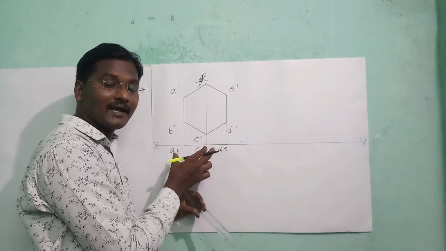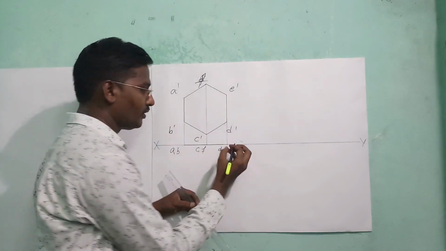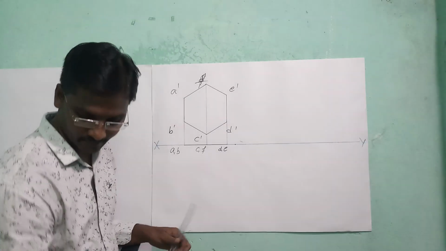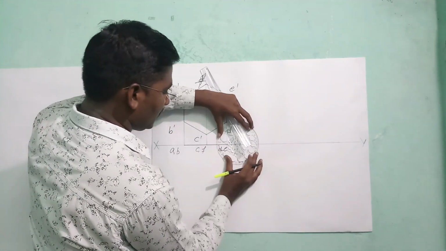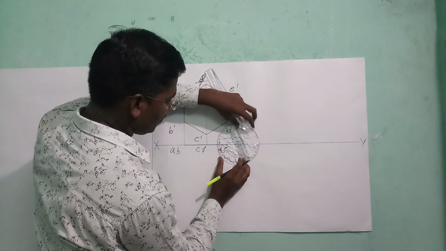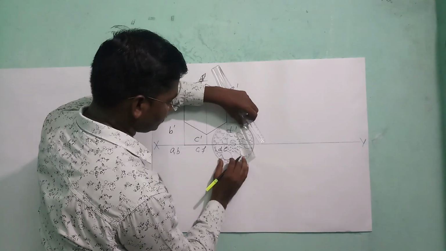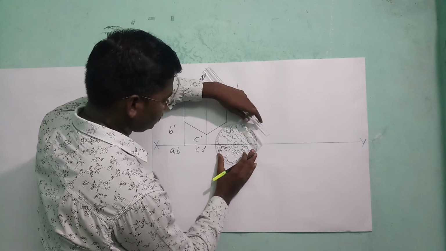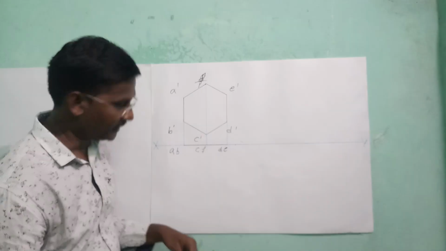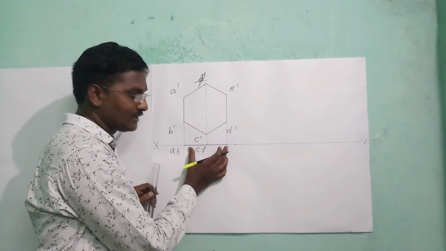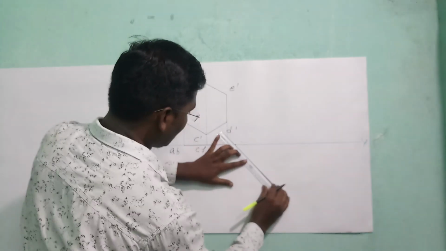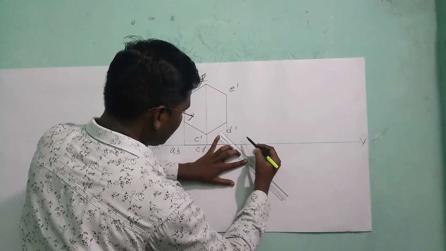Next, what we have to do is construct the view. Take an angle of 45 degrees inclined to VP. Now take 1 point on the reference line XY. Now what is the angle we have to take? Take an angle of 45 degrees here, and whatever the length of the line is, at the same length we need to draw here. That means I am drawing a line here. All of you look at here.